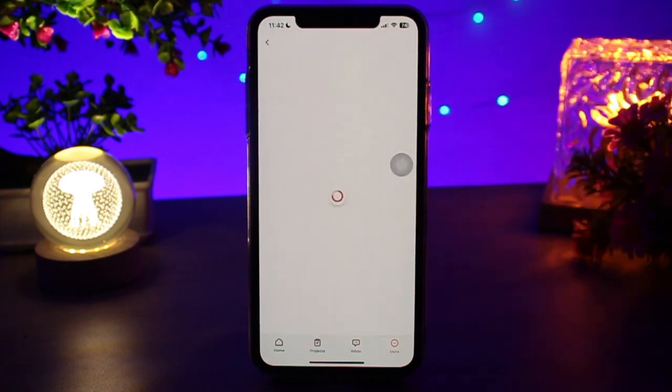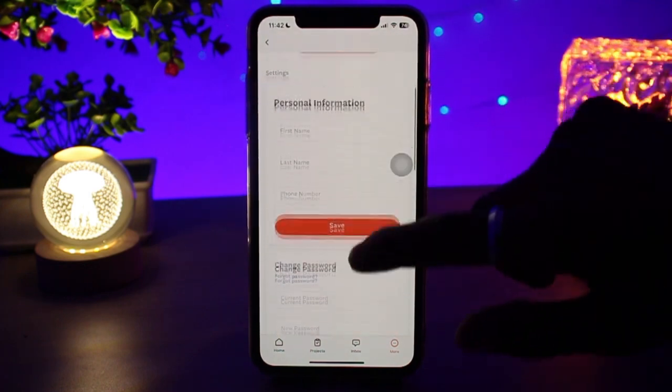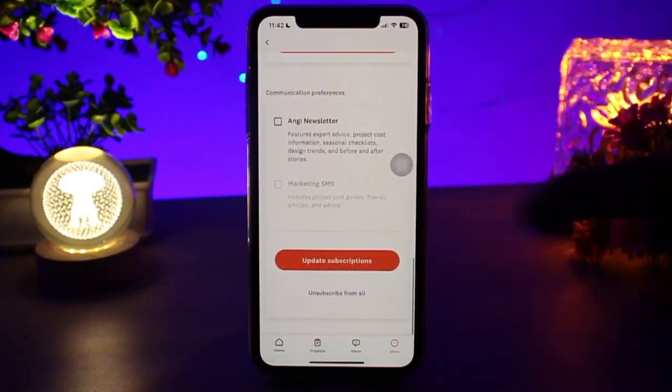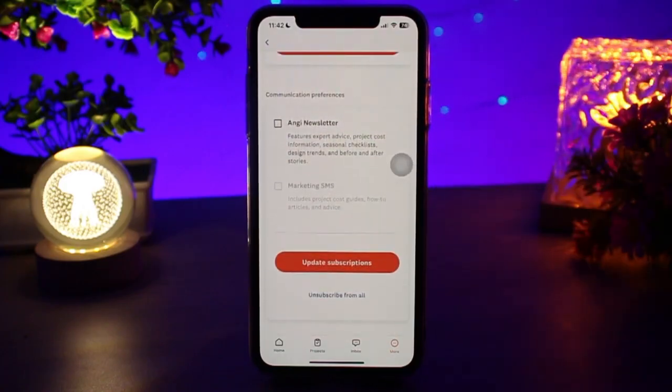Simply tap on that, and once you're inside here, what you need to do is scroll all the way down and then look for an icon or option that says cancel membership or end membership. Then once you're there, you'll be redirected to your browser. All you gotta do is follow the prompts and you may be asked for a reason why you're canceling. Then once done, simply confirm your cancellation, and if you don't see a cancel option, you can also call Angi